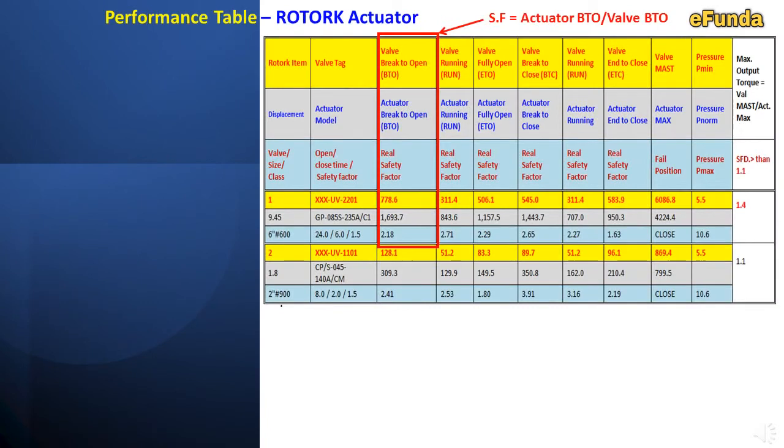For a detailed understanding of the performance table, we are using a rotork actuator as an example. This is only used as an example and for external information, and is not designed for any specific application. One can see in the table various colors being used to identify each required value related to valve design. The items are indicated in red text with yellow highlight.